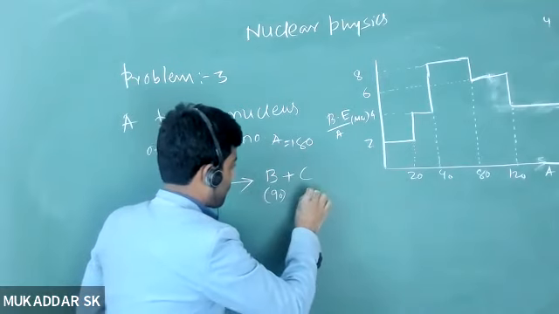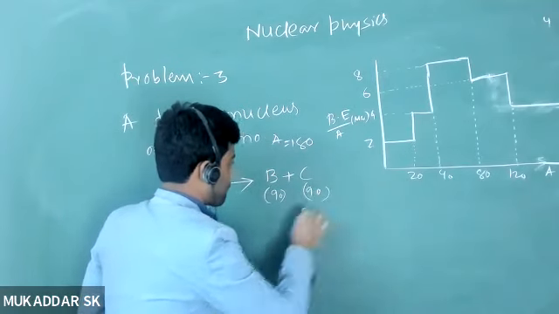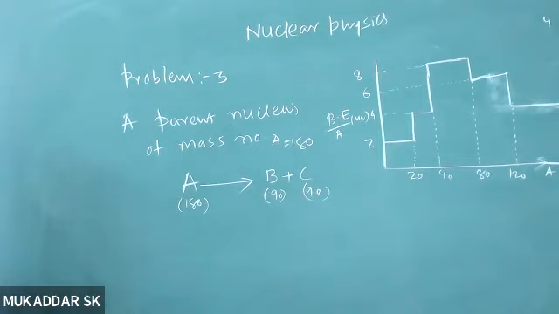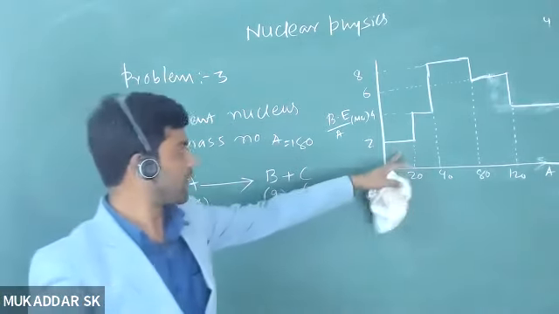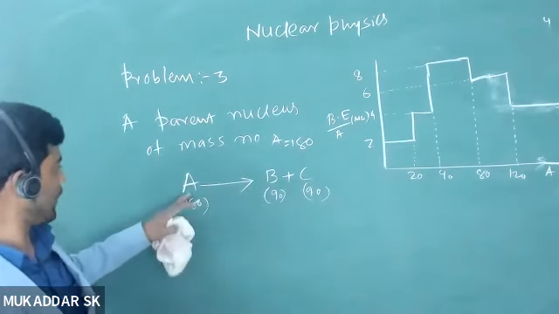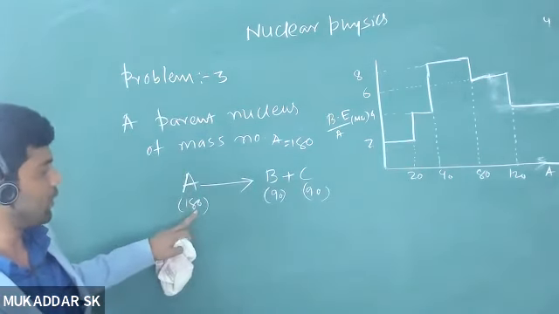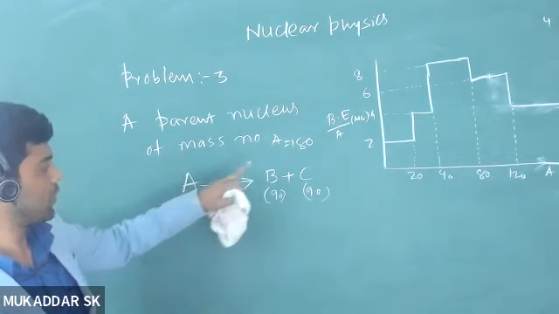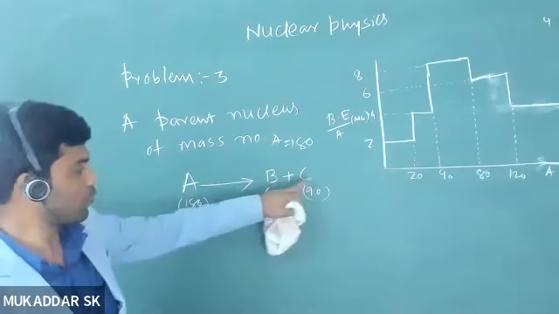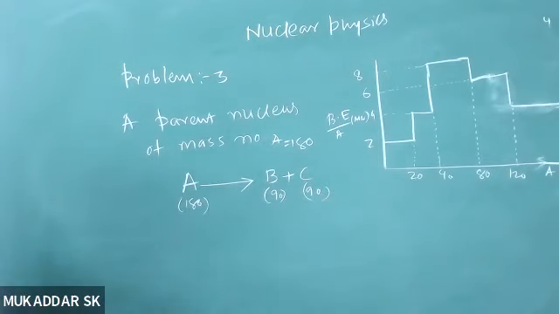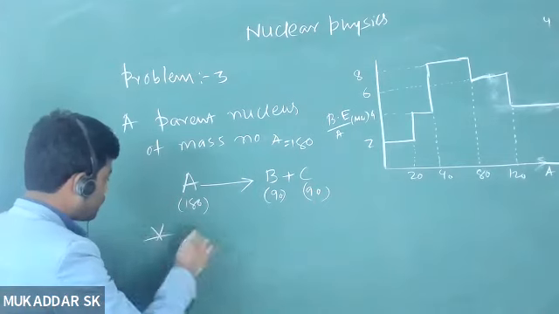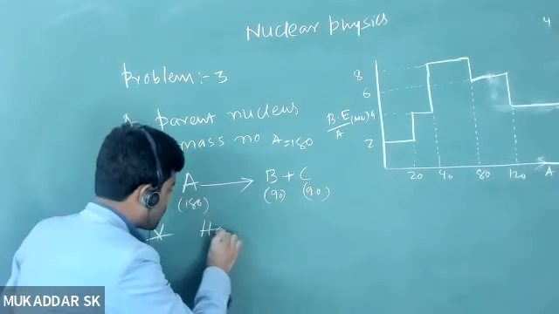It is given. So for the parent nucleus, they provided this binding energy per nucleon curve. A parent nucleus of mass number 180 undergoes nuclear fission and breaks into 2 light nuclei having equal mass number 90. So you have to calculate for this process